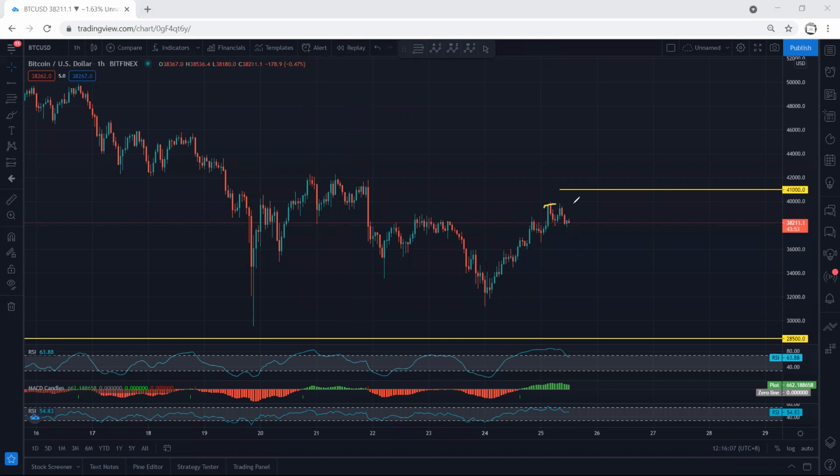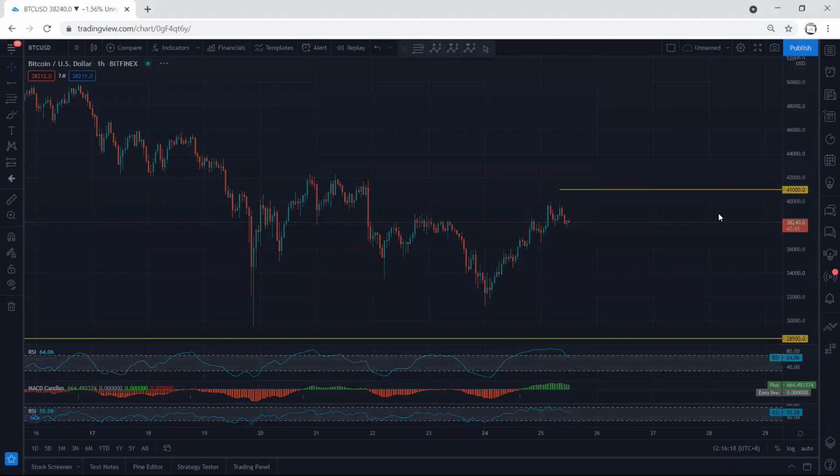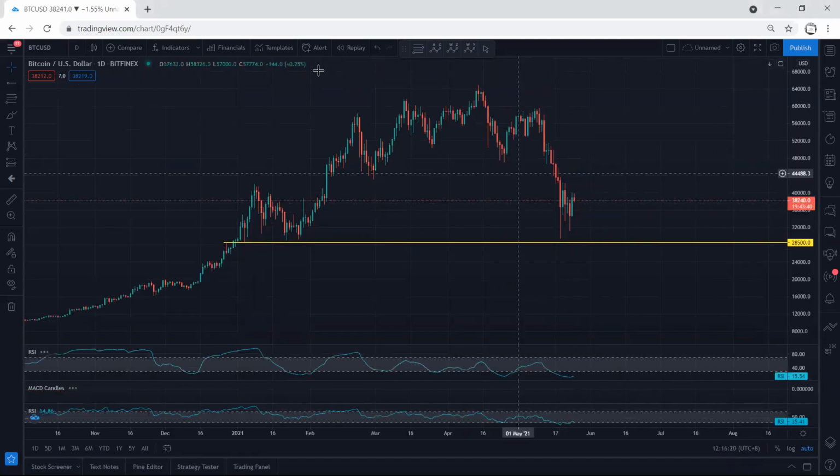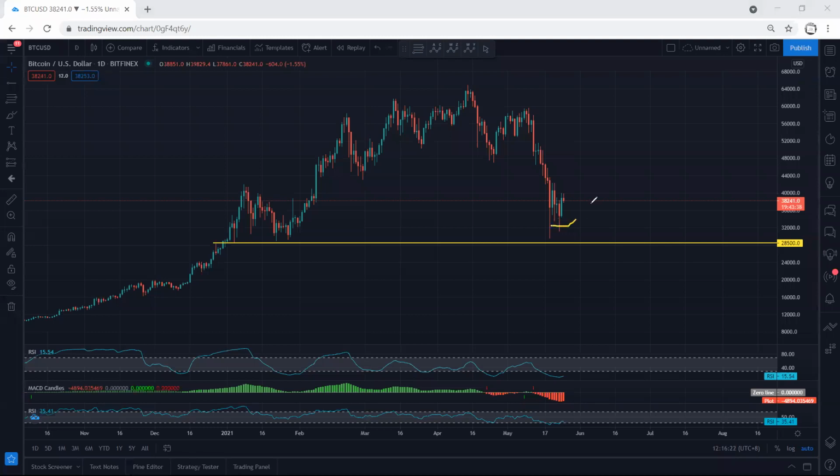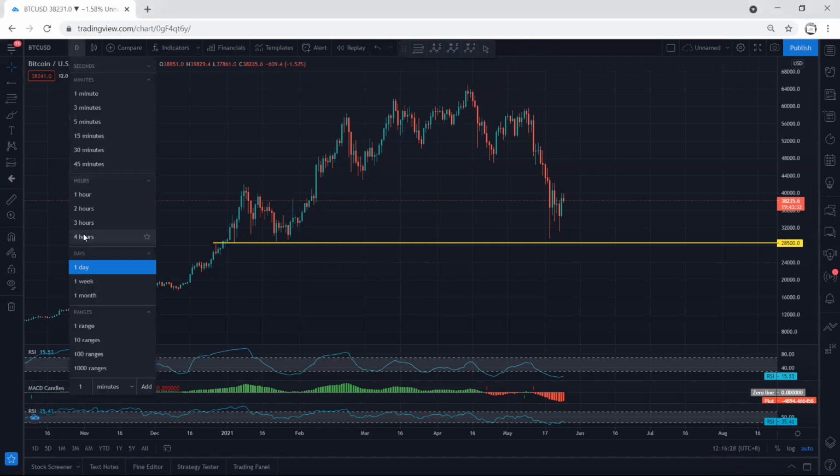The only thing is right now we're looking at this correction because we mentioned we want to see the breakout of 41K. As you can see, the price hasn't tagged it yet and they start to correct. Because if we move to the daily chart, we mentioned if we're looking for the reversal, we can expect the price to consolidate here for a longer time before we get the reversal. That's why whoever got the trade based on lower time frame, they have to start to manage.